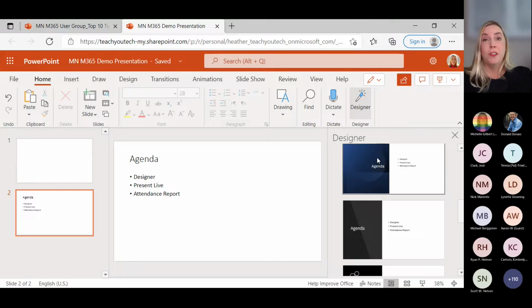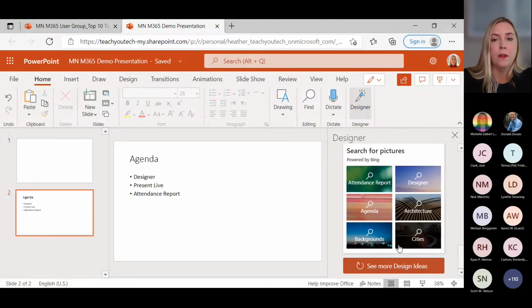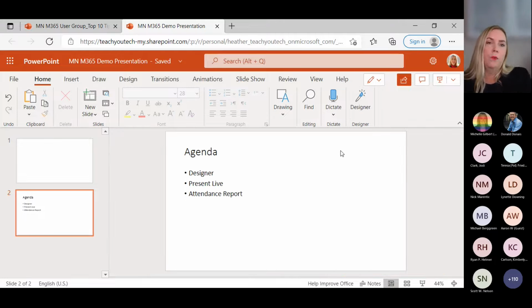All right, so Designer, that's one of the great ones. It's great for pulling in graphics. If you've not worked with this before, you'll see we've got a lot of choices over here on the right of different things that we can use, and additional choices down here at the bottom. It's also great at moving the text around and giving it maybe a different feel than just that bullet list that you have on your slide, or just the things that come with the template that you're working with. So it's available in both applications for you.